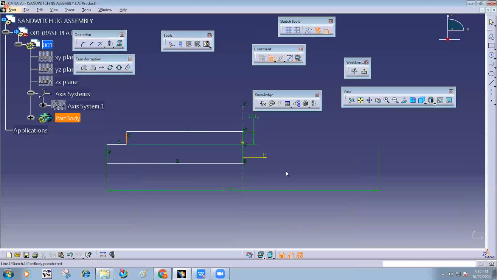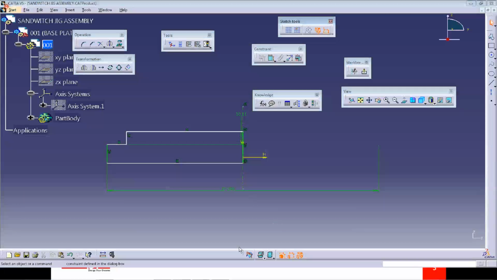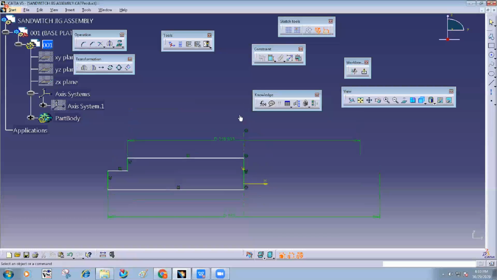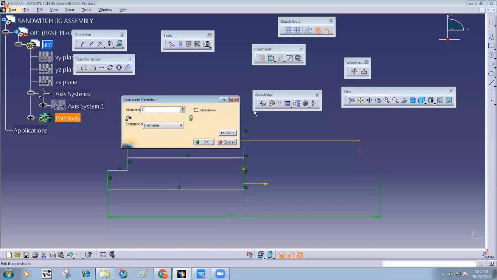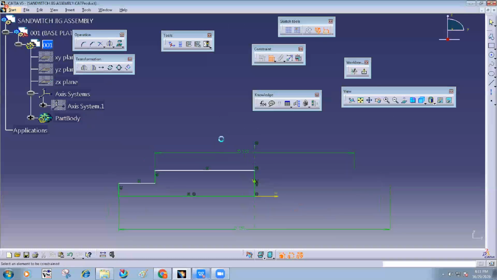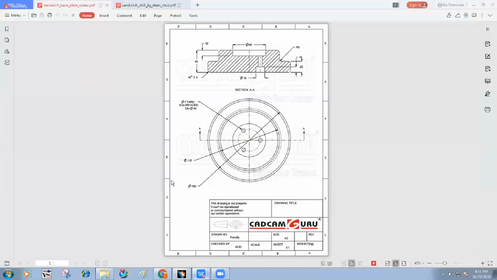This is the next diameter, 110. Next, this axis and this line are coincident. Then this height is 20.